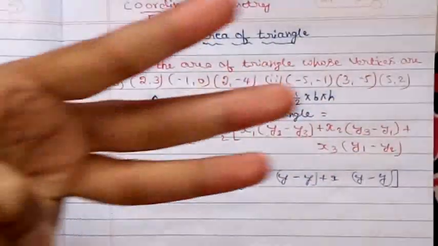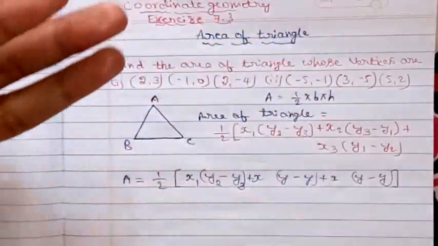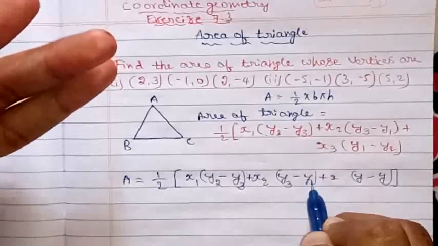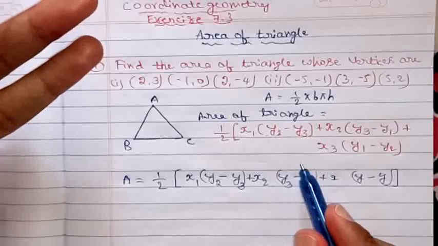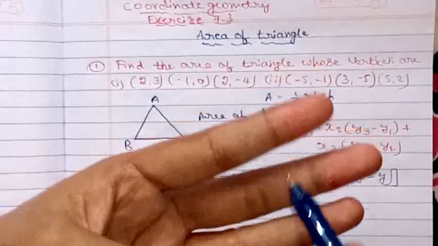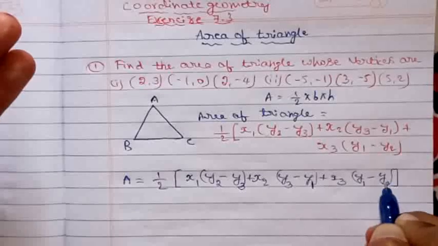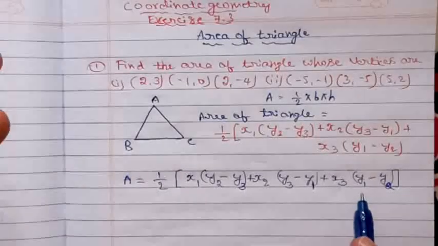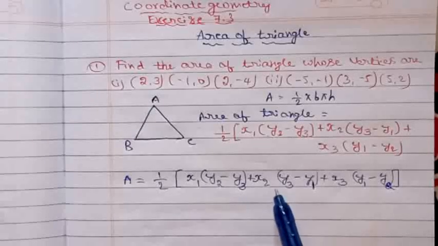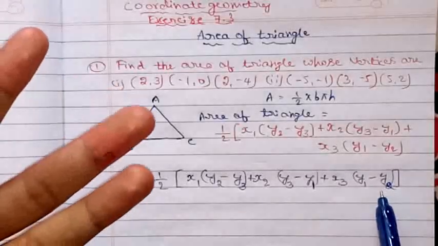Afterwards you need to write down here, starting from 2: 2, 3 and 1, like this. Children, I'm just saying this for you to remember. And afterwards write down here 3, 1, 2. So therefore 3, 1, 2, and this is the formula, children, right? So x1 into y2 minus y3 plus x2 into y3 minus y1 plus x3 into y1 minus y2, right, children?